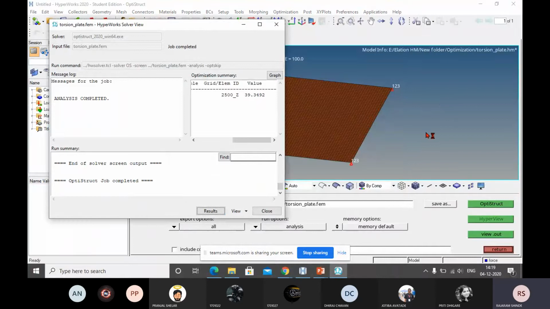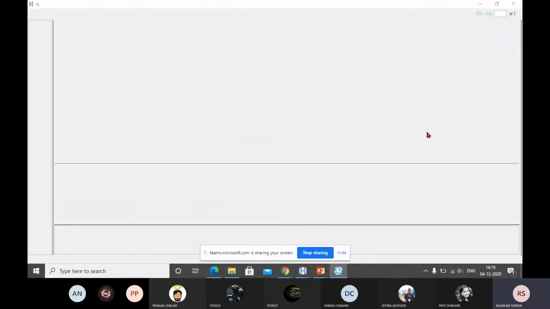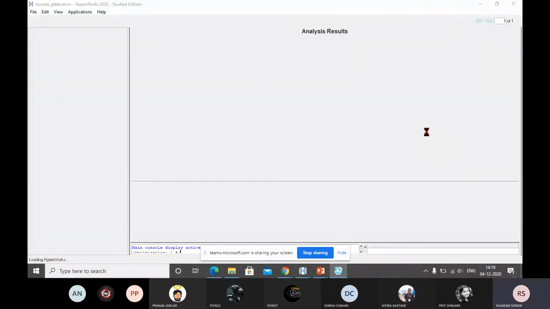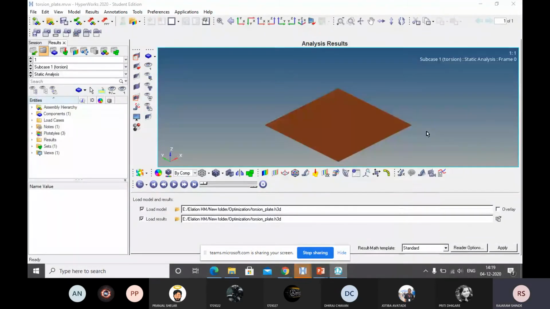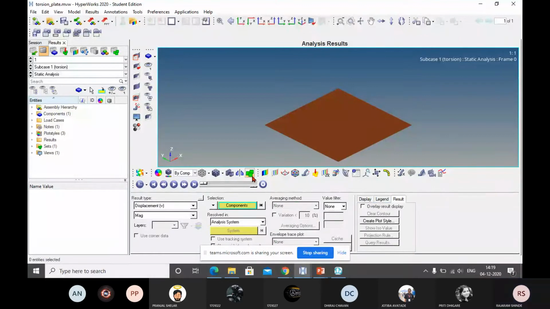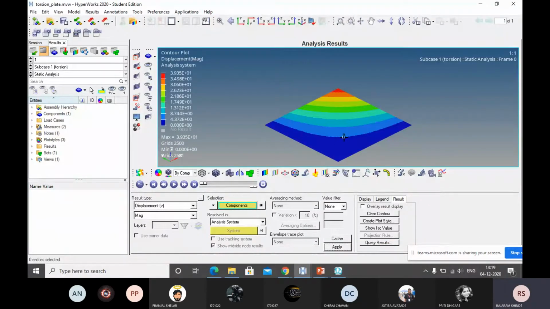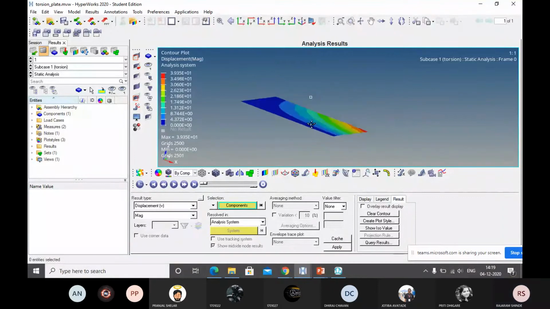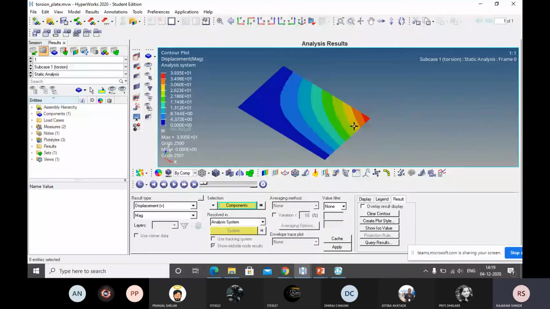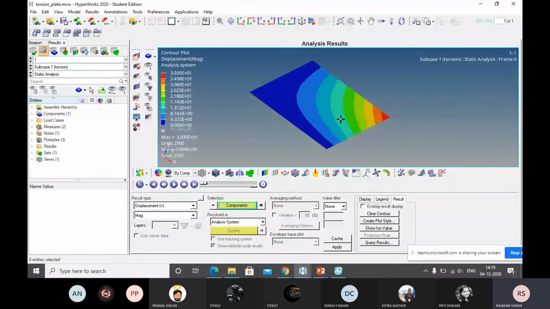You go to the results. Now I will make this in contour. Okay, now it is not new for you. Displacement, you see here, the displacement is 39 millimeter. This displacement is 39 millimeter, means very high displacement is there.